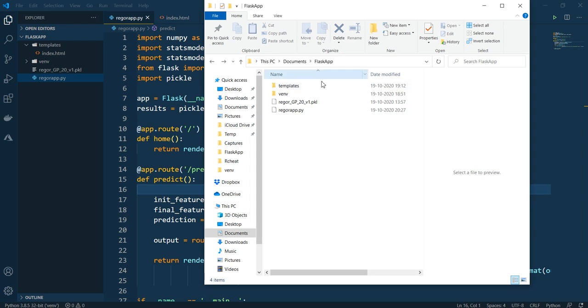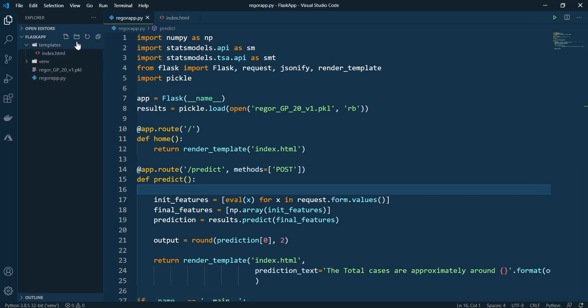In this, first you have to put your pickle file which you got from your Jupyter notebook or from Google Colab. Once you put this, you can see the directory tree here, the navigation. You can refresh this and you will see the pickle file popped up here. Now once you do this, you need to create a Flask application. It is very simple.